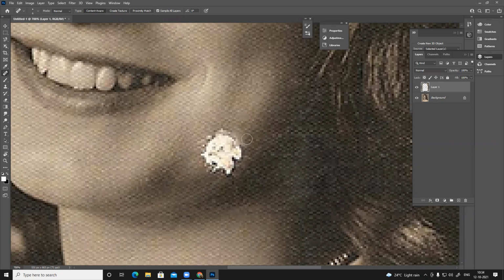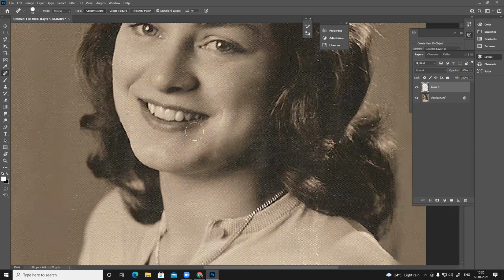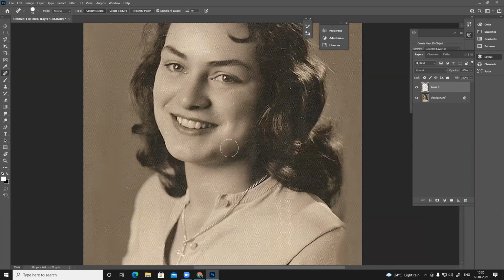You see, if I heal, it's changing the color. So no matter what I do, I won't be able to blend it nicely. See the bigger patch, almost there. So for this kind of thing, you use a bigger brush and clean it. If you use a smaller brush, it will create a patch. Still there's a difference. Yes, still there's a difference. That is something you have to manually blend. It's the same thing if you use clone stamp, it will create a patch. Maybe color and everything will be similar, but still from a distance, zoomed out, you can see there is a small patch. That patch has to be fixed.